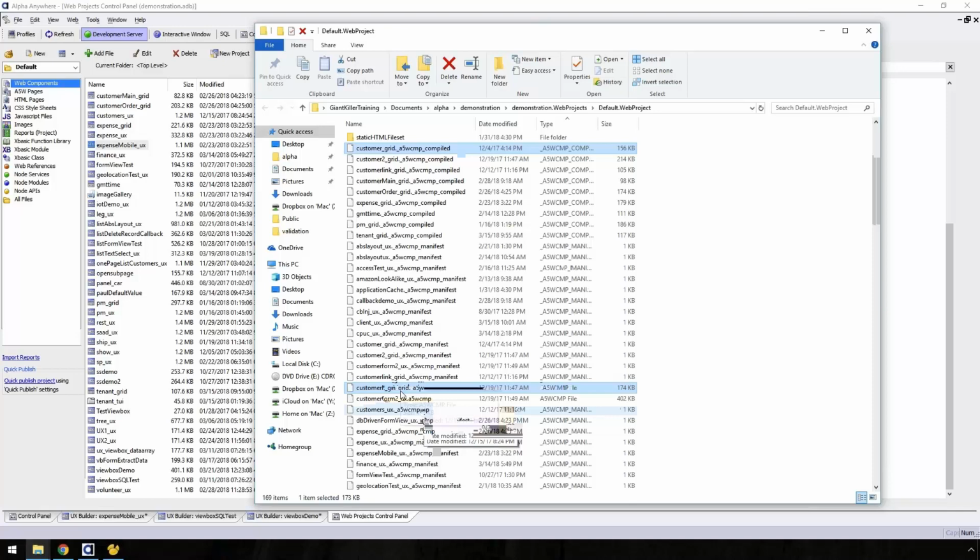Now, vice versa, if I'm the person who's actually publishing to the server and I have another developer doing some work, they can be changing all these files. They can then submit it to source control. I can bring it down to my local machine so I can pull those most current changes, publish it, and that allows us, instead of emailing things,